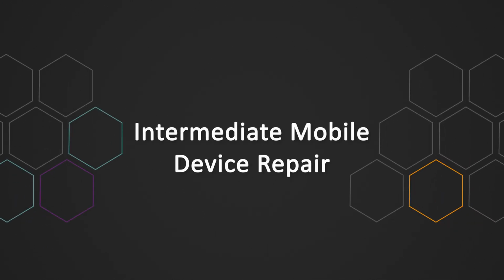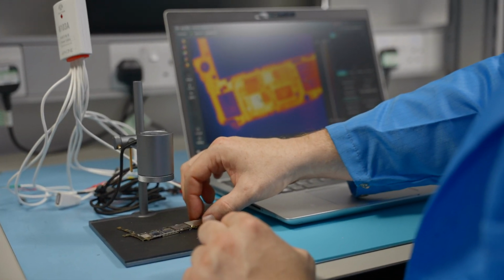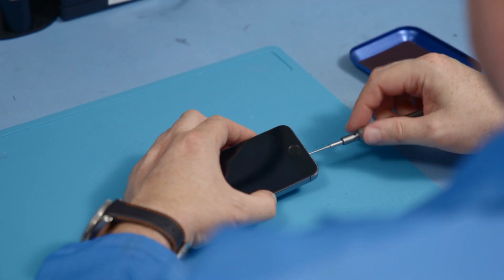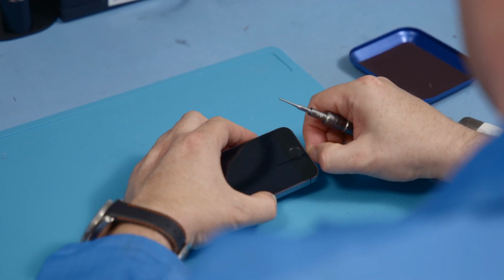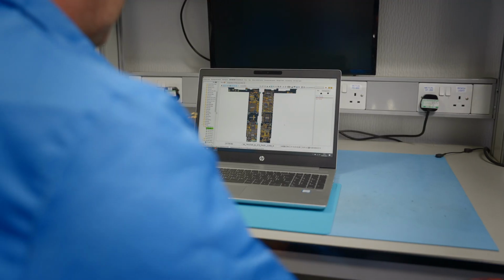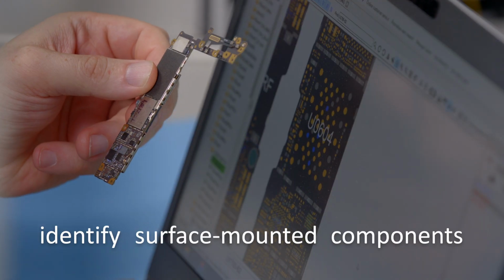Intermediate Mobile Device Repair, or IMDR for short, is a 4.5-day classroom training course. To attend the course, we will need you to have previously completed our mobile device repair training. On IMDR, you'll learn how to use visual inspection in combination with board view software to identify surface-mounted components on